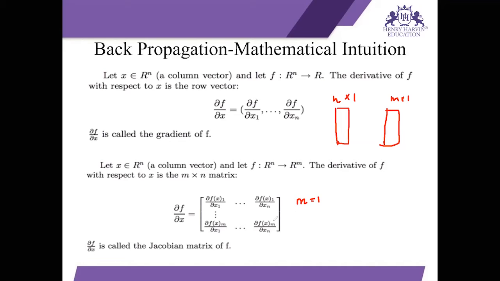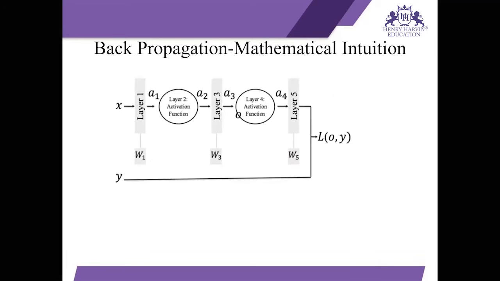Now, armed with this knowledge, we can easily learn how to optimize neural networks. So what we will look at is how we do back propagation, and for back propagation, we will be using the chain rule, right? So let us look at a 5-layer neural network where the input is X and the output is O. And now let us try to understand this. What are the quantities we want? So let me write that first.